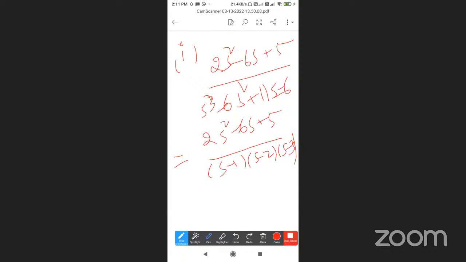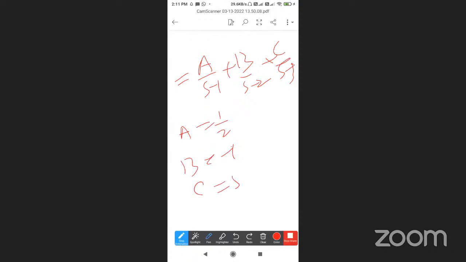After that, partial fractions. What is the partial fraction? A by s minus 1 plus B by s minus 2 plus C by s minus 3. We simplify to get the values of A, B, C. At intermediate level partial fraction finding, A is equal to 1 by 2, B is equal to minus 1, C is equal to 5 by 2. So after simplifying,